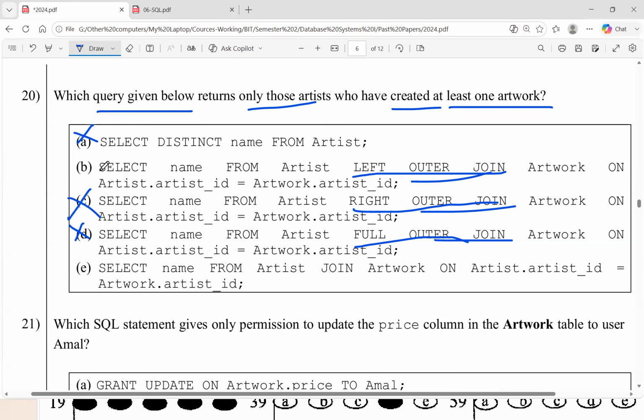Let's see if this one is correct: select name from artist left outer join artwork, only those artists who have created at least one artwork. With left outer join, at least one artwork doesn't work. Left outer join means we take all the artists, right? That is what is meant by left outer join. Whether there's artwork or not, you get the artist. So I don't think left outer join will work either. Right outer join,